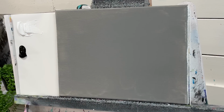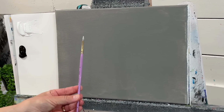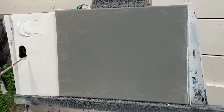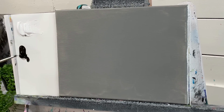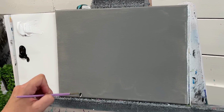The very first thing I'm going to do is paint some stems, and I'm going to be using a number 3 round brush. I'm just going to get my brush a little wet, and I'm going to take a little bit of black and a little bit of white, so we have both colors. And I'm going to start by pulling